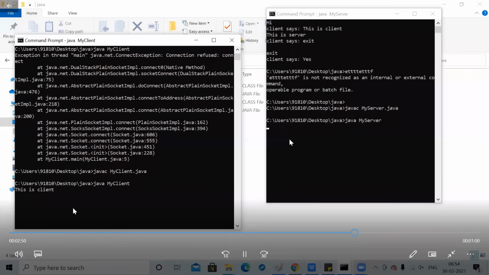Then the client is writing, this is the client to the server. See here, whatever the client says will be printed on the server. So the server has read it. Then the server can reply to the client. Can you see this screen?